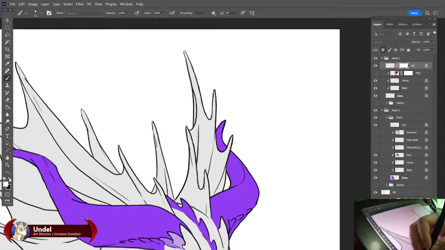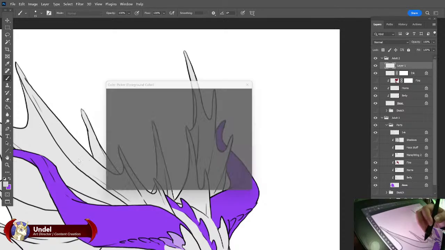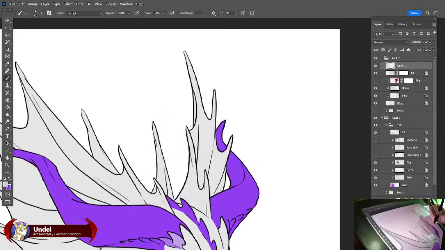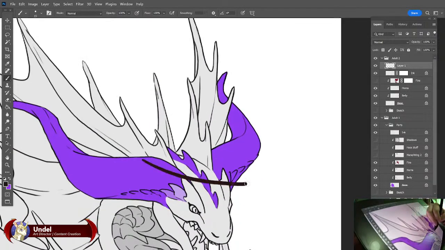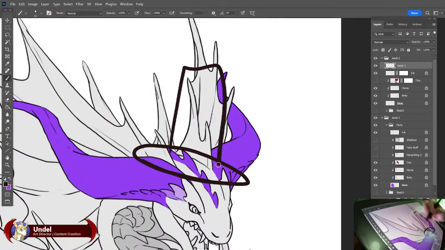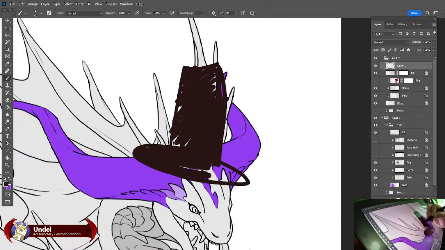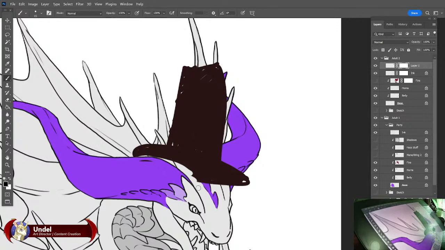Or, for example, if I have a piece of apparel and it's like a hat, and I need to put the hat on the dragon, and we've got this. I'll make an artistic masterpiece here. I've drawn this hat fully, and I've worked so hard on this hat. I want to save these lines and put it on other dragons. What I can do is draw my hat, put a layer mask on, and now I can use it to erase out where the horns would be on this specific dragon,